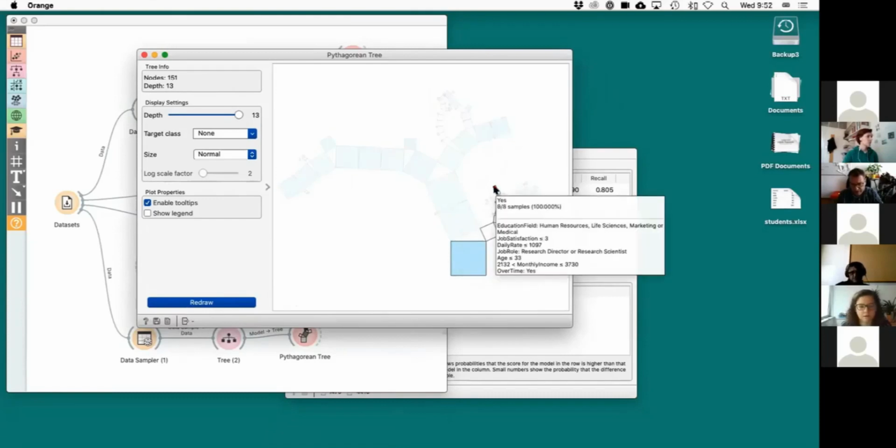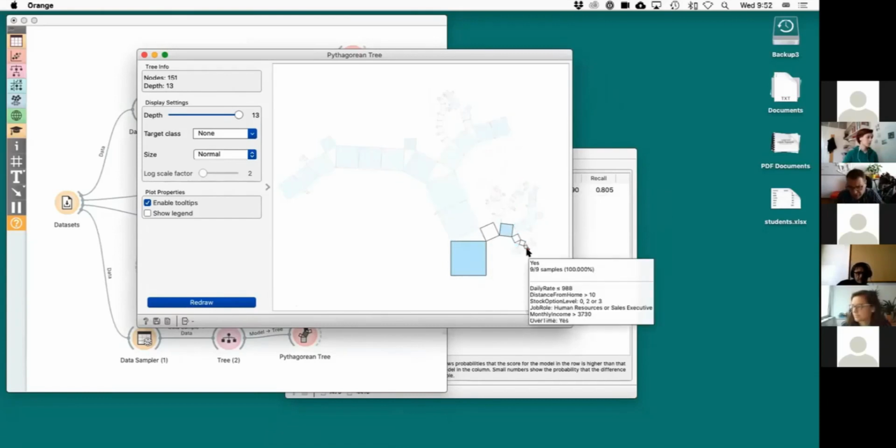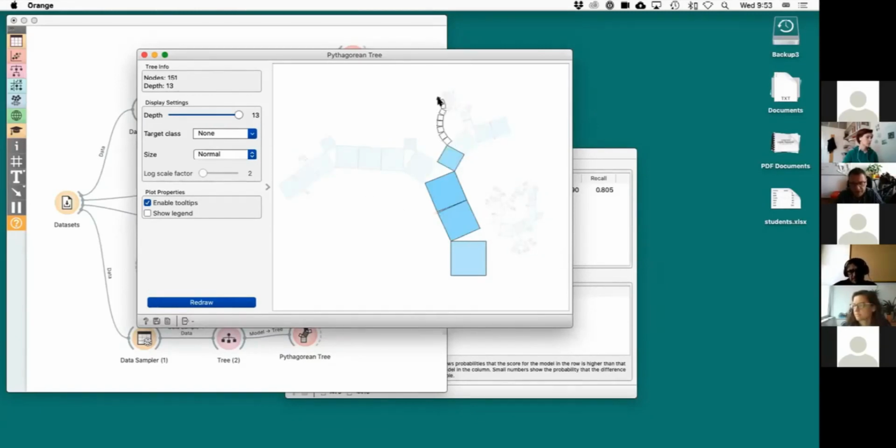And the leaves are at the very end, and I expect that the leaves will be colored. So you see where the red ones are, those are yeses, the people that will leave. Dark red leaves mean that the group of people that leave were detected. So there is one branch here that is more reddish, and another branch here that is more reddish. So this is the tree.